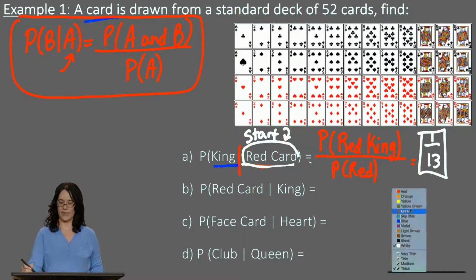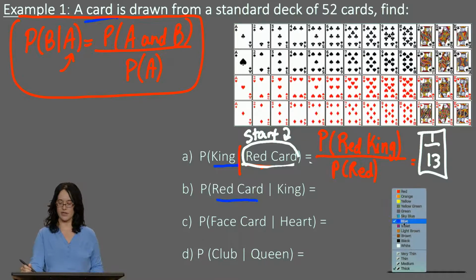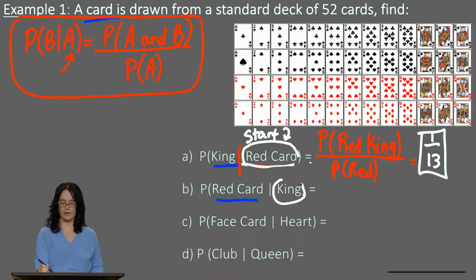Well, to begin, once again, you need to ask yourself where to start, right? If you were using the shortcut method, you would start with the condition, right? What happens after the given line? So that goes in your denominator. How many kings are there? So they're asking, what's the likelihood that you choose a red card given the fact you know it's a king? Well, there are only 4 kings in the deck, aren't there? So that would be where I would start, and then I would continue by looking in my numerator with the